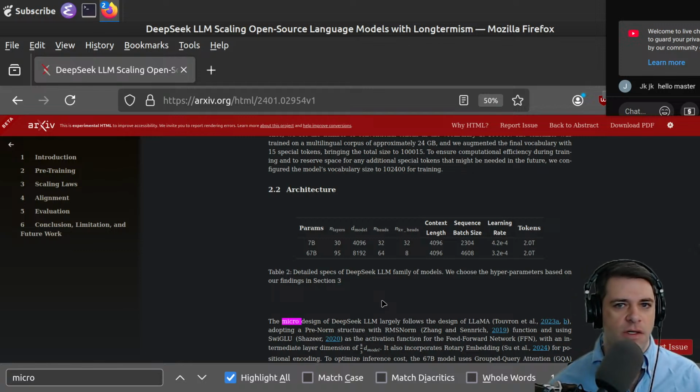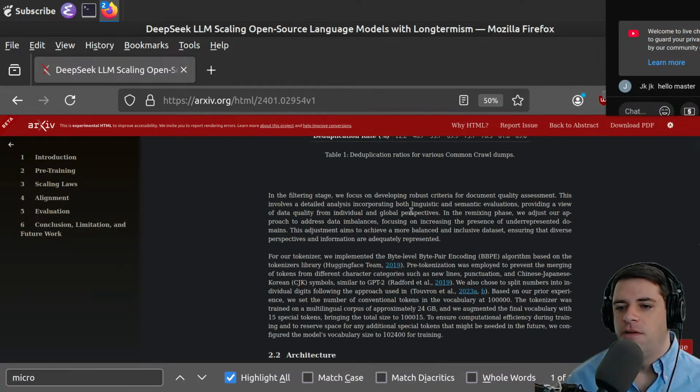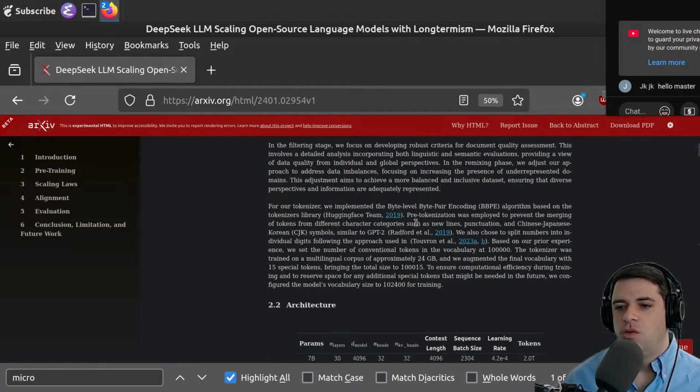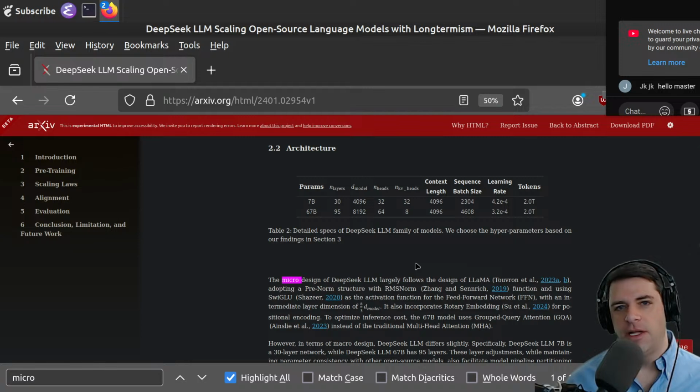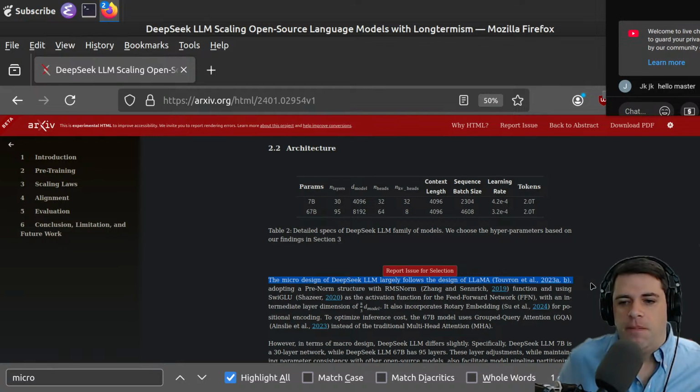I've read like a billion of these AI papers at this point. It didn't jump out to me what amazing change they made, other than that since Llama was made, there are a lot of little optimizations. Like they're using the rotary embedding from 2024, which predates the 2023 Llama paper. Presumably Llama started training maybe in 2022 or 2021, and so they have access to more efficient stuff, more efficient parameters.